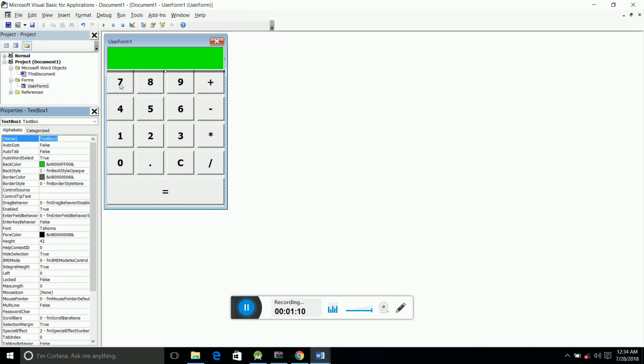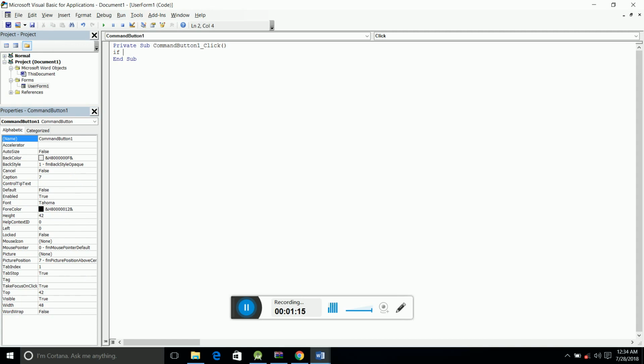So double click on this button of ours, 7, and just put if text box 1, because that's the name of our text box. If text box 1 dot text is equal to 0, because we believe at the moment it is 0. Sorry, I've been using Windows 8 and this Windows 10 is giving me a hard time. If it's equal to 0, then